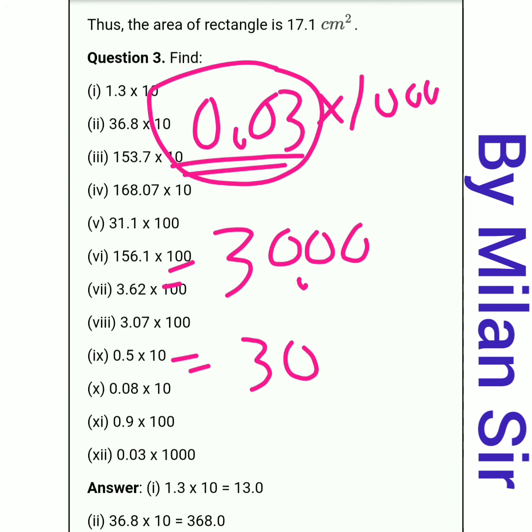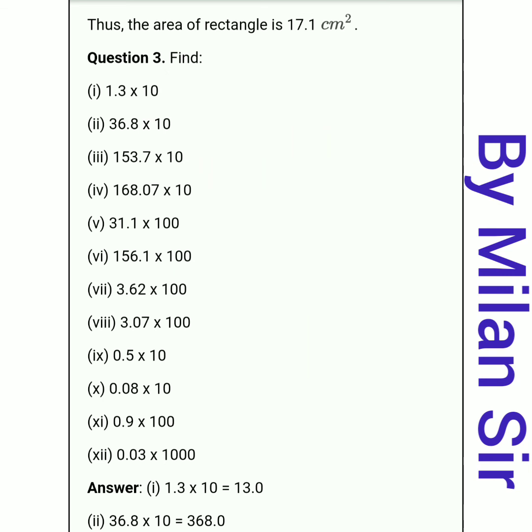Okay. So here in multiplication, what we need to do: first of all we need to ignore the decimal point and directly find the answer of the multiplication, right? After that we need to check in the question before how many digits the decimal point is present, so that same thing we need to do in the answer. Whatever number of digits are present after the decimal point, the same thing we need to do in the answer. That means we need to put the decimal point before those digits.